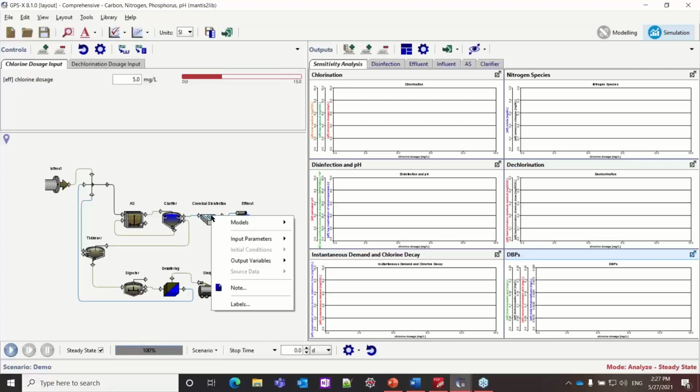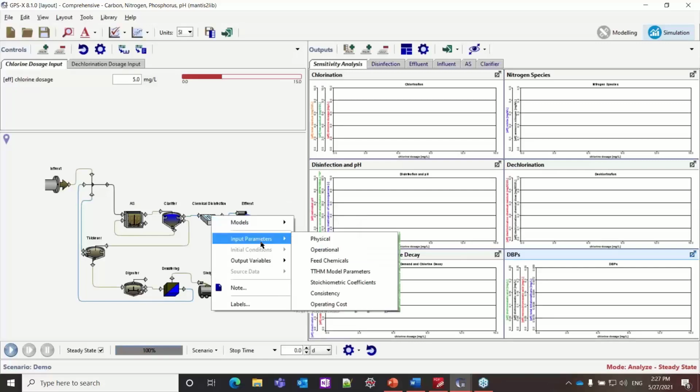The first thing I want to show you is just the model selection here. We have the chlorination model in the chemical disinfection object, which is the one I just basically taught you about. And then we also have this empiric model. The empiric model is very bare bones. It's basically just disinfection, and it doesn't have all these additional aspects that we just talked about in the chlorination model.